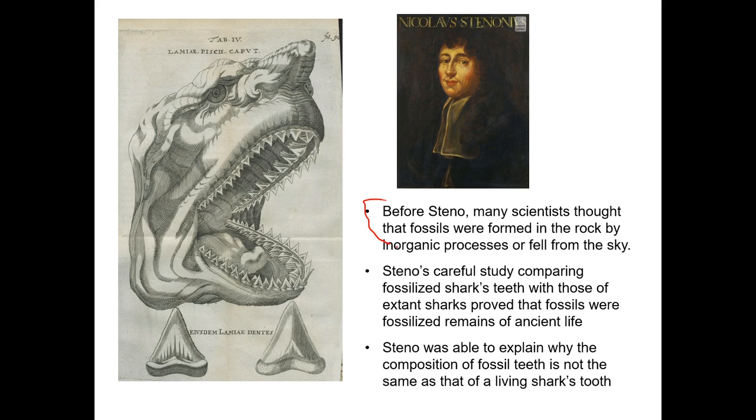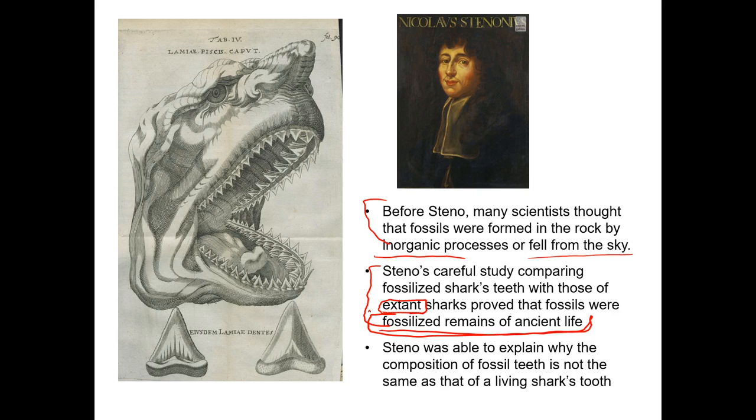Before Steno, many scientists thought that fossils were formed in the rocks by inorganic processes, or that they fell from the sky. They didn't really know how this could have happened. But Steno's careful study, comparing those fossilized shark teeth with those of living extant sharks. By the way, this word extant means still living. It's basically the opposite of extinct. So he proved that fossils were the fossilized remains of ancient life. Okay,